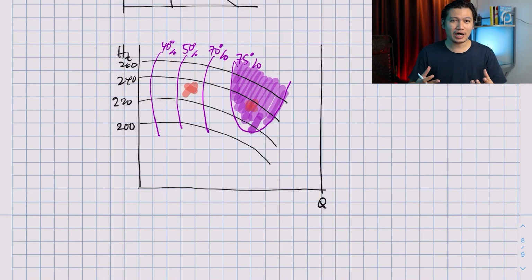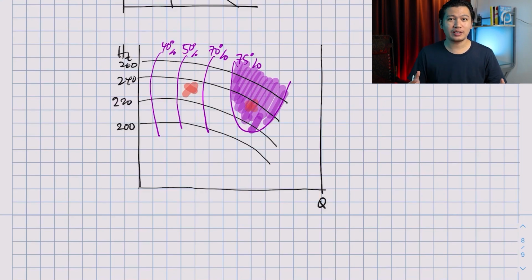Okay, so when you go out in the industry and you have a choice to make between two different pumps, let's say your supplier said that, okay, these two pumps can work in this condition, but you as an engineer will have to know what the conditions are. When you know the condition that your pump has to work in, then you can compare the curves between these two pumps and you can make the decision on which pump will give you higher efficiency.